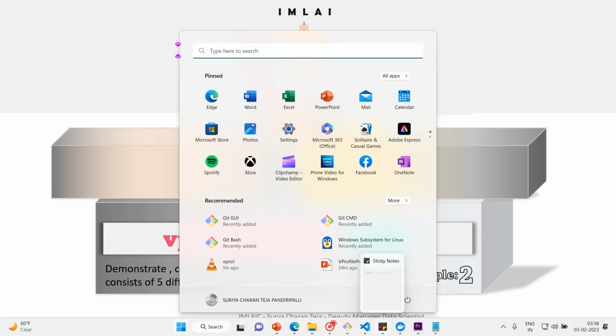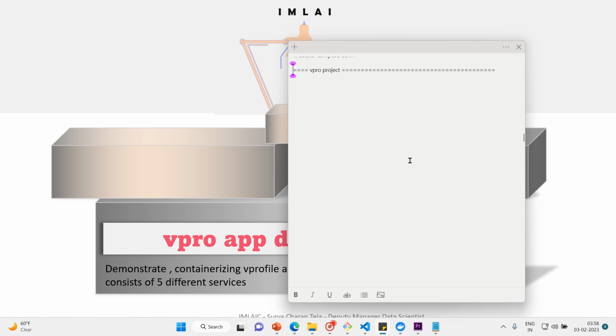So now let's get into the action. Let's list down the steps that we have to follow here. Step 1, create an AWS EC2 instance. A T2 medium is better for this. And then